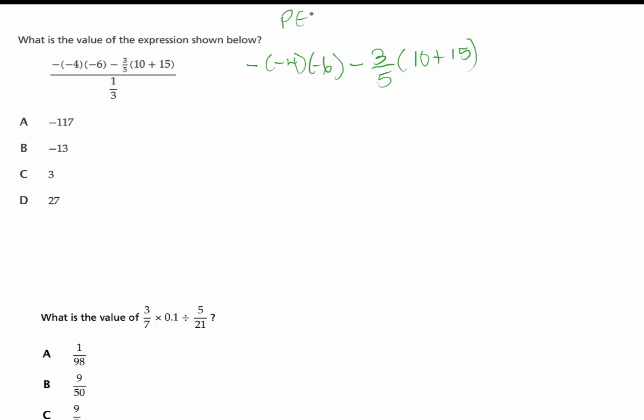Now we have, please excuse my dear Aunt Sally. So parentheses first, which means we've got to take care of the 10 plus the 15. And if you add that, you get 25. Can we multiply or divide from left to right? Well, yeah, we can multiply. So if we multiply, now I notice I have 3 negatives. 1, 2, 3. If you have an odd number of negatives, your answer will be negative,